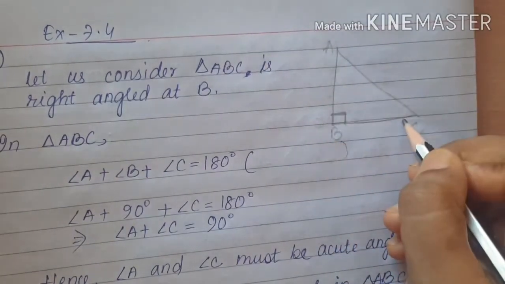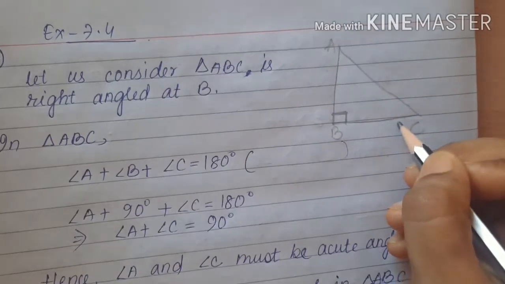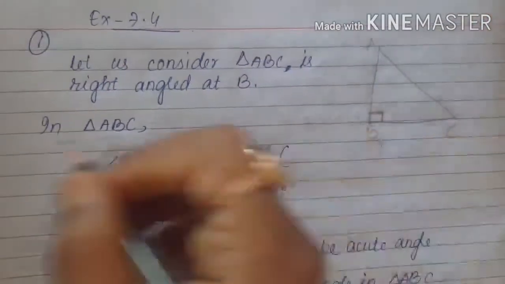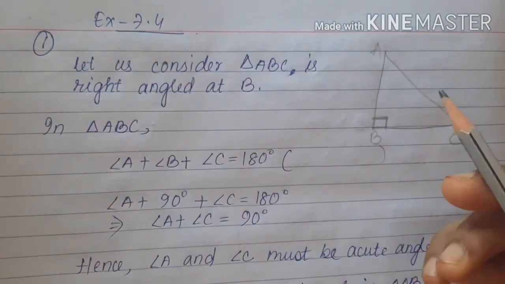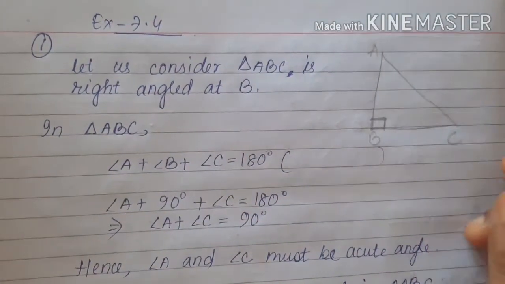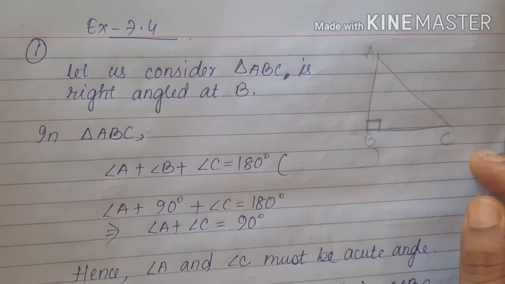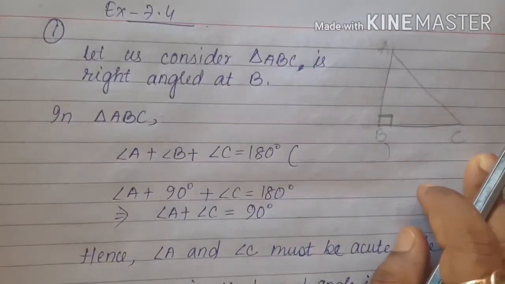That means the hypotenuse is the larger, longer side, you can say. You have to prove it. I have not written the given and to prove; you can write it by yourself, because we have already done so many questions from geometry. So please try to write the given and to prove. I am starting with the proof.